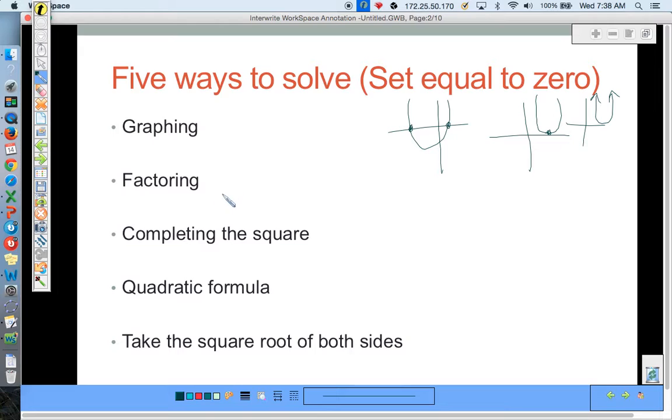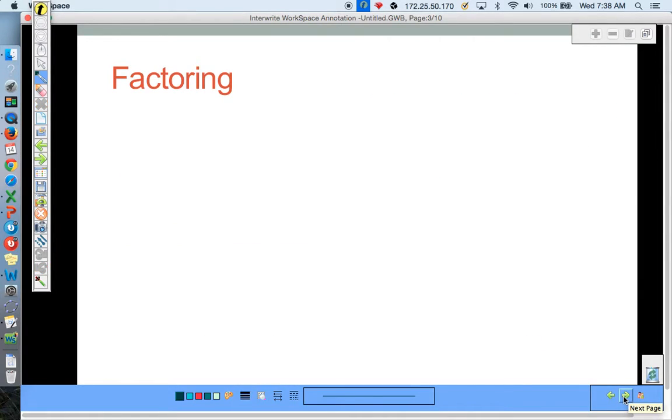We're going to talk about factoring, completing the square, using the quadratic formula, and taking the square root of both sides. So the first method we're going to look at is factoring. And you guys will remember